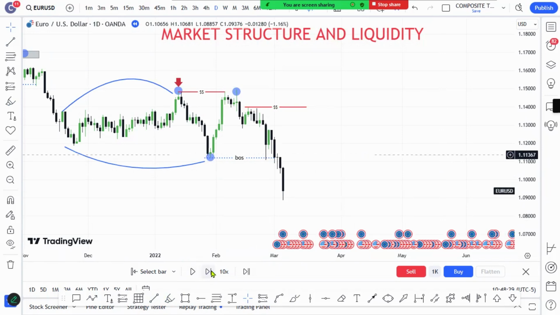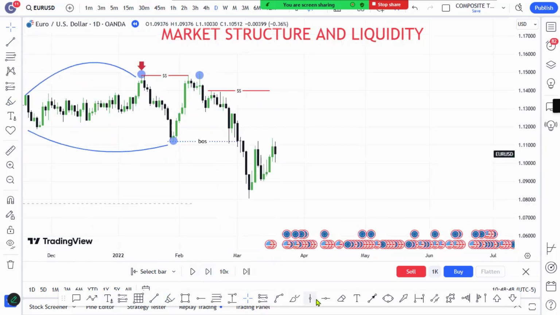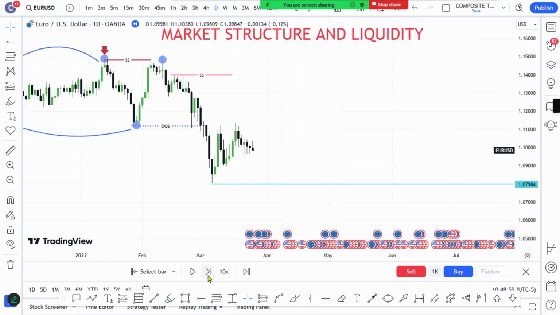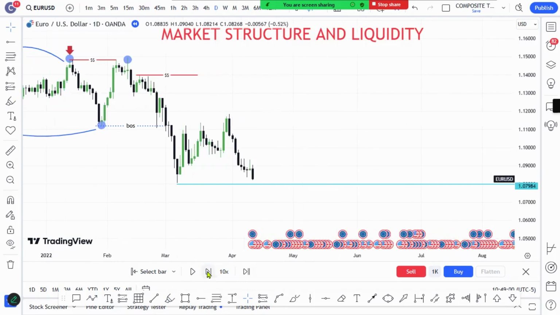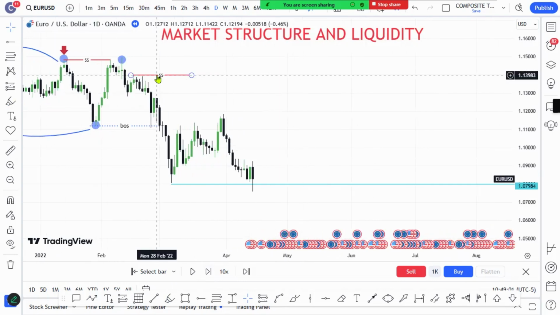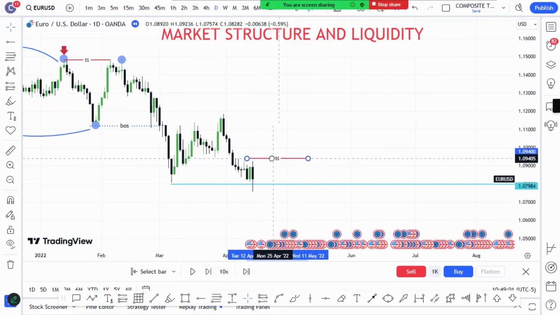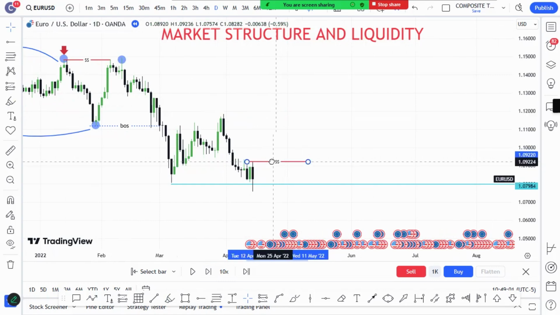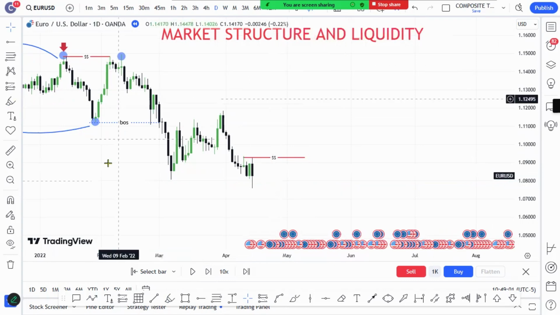So let's see. Price tries to go higher, and if it breaks this structure, then we have to look for a new inducement or a new form of liquidity until we break this level. Let's see. Okay, liquidity type 2 taken out. Okay, now we have broken that structure. Now, if we have broken this structure, then my new liquidity zone is here. But I'd wish that the market goes higher and takes out that level. But my first level to confirm my low is here. And as you see, my break of structure is kind of unique.